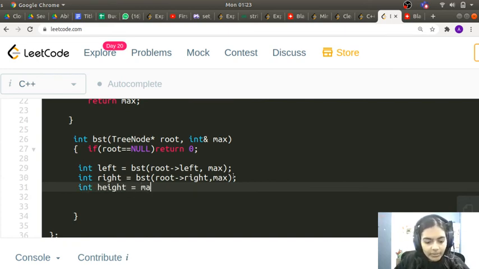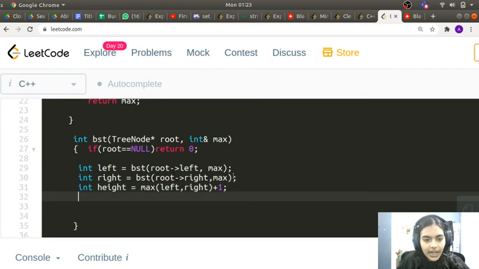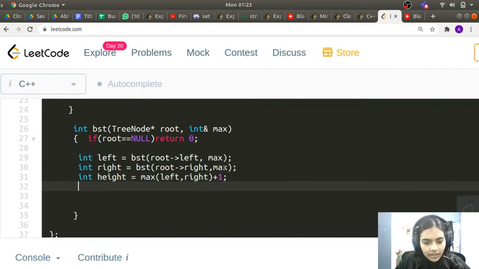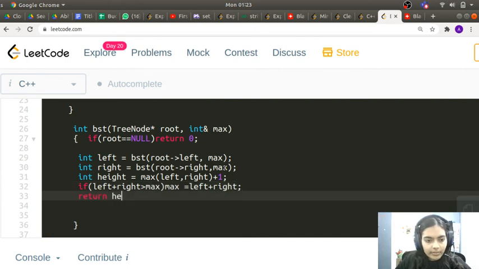So height will be max of left comma right plus 1, so that will give me the height at each level. And then if left plus right is greater than max, then max can become equal to left plus right, and at each level I can return back height. So that's it.